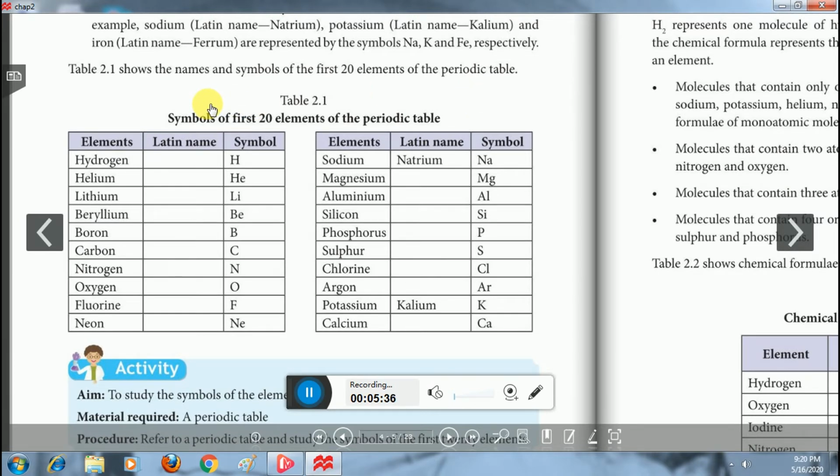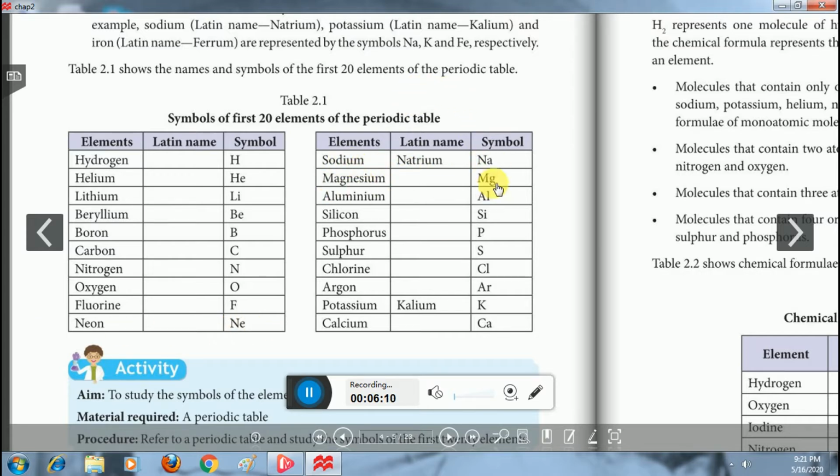So the first 20 elements: hydrogen, helium, lithium, beryllium, boron, carbon, nitrogen, oxygen, fluorine and neon. The symbols: hydrogen H, first letter; helium He, first and second; lithium Li, first and second; beryllium Be, first and second; boron only the first letter B; carbon C, first letter; nitrogen N, first letter; oxygen O, first letter; fluorine F, first letter; neon Ne, first and second; sodium, which comes from the Latin name, Na;